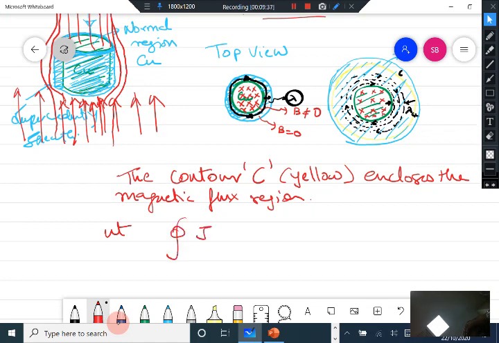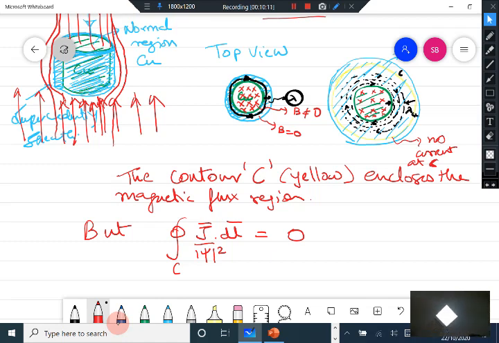but how much is J bar dot dl bar around the curve C? This is 0, because at the contour site there are no currents. At this site C, you have absolutely no currents. The currents are present up to lambda from the surface of the copper, and as you go deeper into the superconducting side, there are no supercurrents present there.